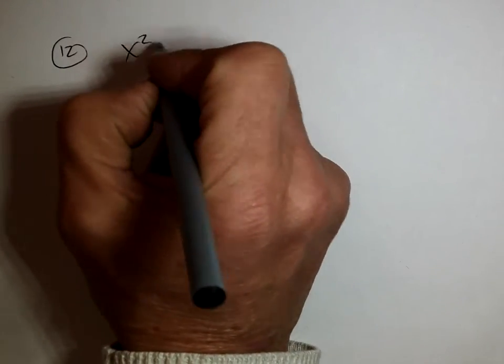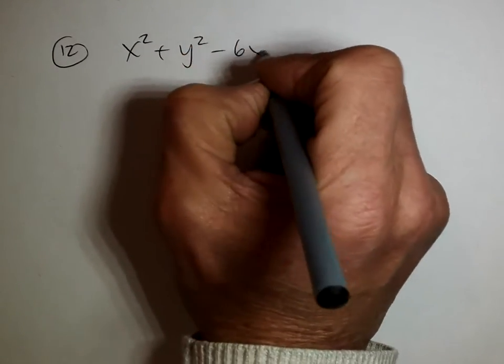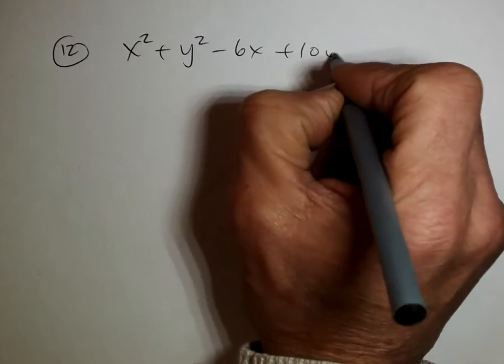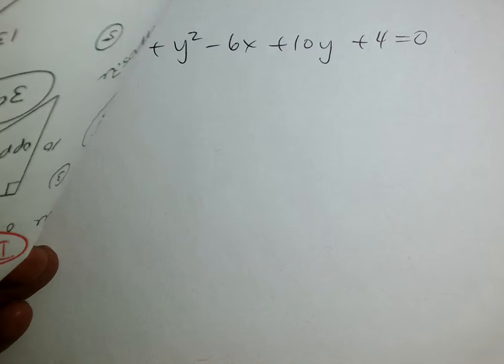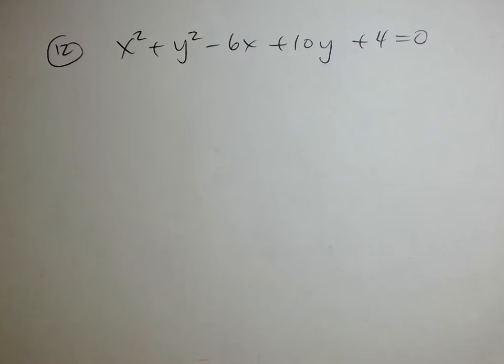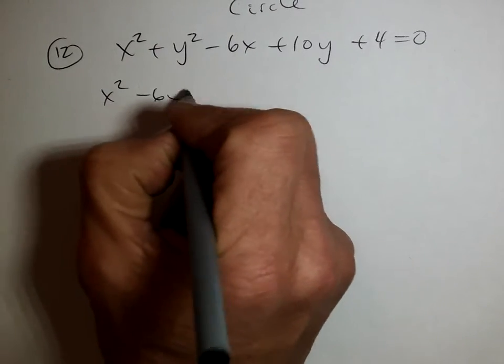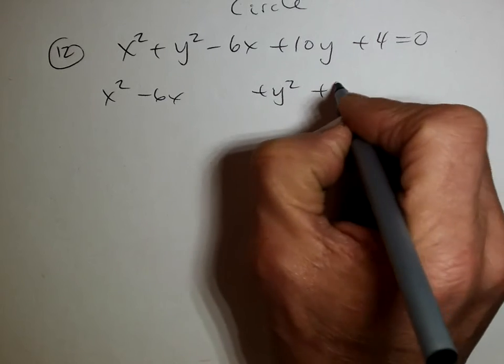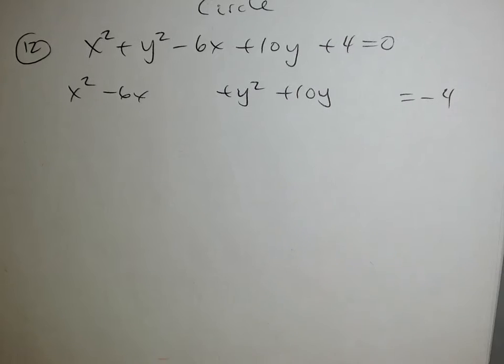12. Almost done. So, x squared plus y squared minus 6x plus 10y plus 4 equals 0. So here we go. It's a circle. X's with X's. Y's with Y's. Bring over the 4. Okay? Now, we're going to take